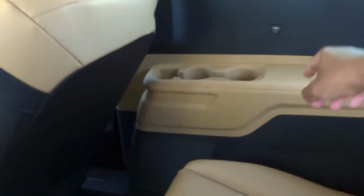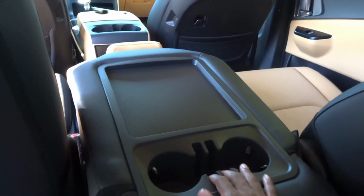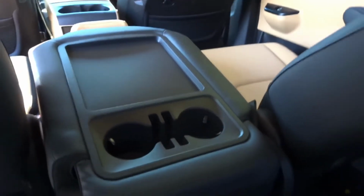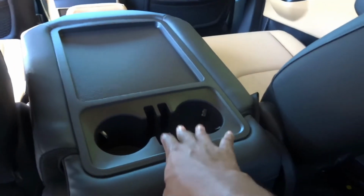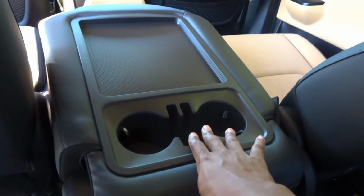Nothing fancy about the rear. You have your hard touch plastics, 2 cup holders, or 1 cup holder with a good bit of storage area right here. You have 1 USB port right there. And you also have another USB port on the side, but the right side gives you 2 cup holders instead of 1. Not sure why Kia did that. You have 2 cup holders right here with 2 places to put your phone, so that's pretty neat. So they gave you 5 areas to put any drinks in the back, if you have this portion right here folded down,